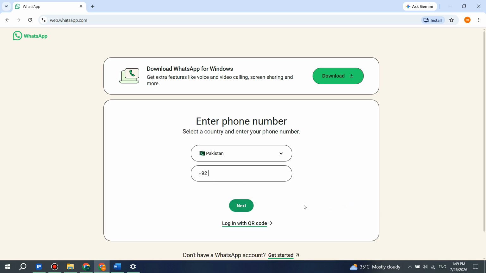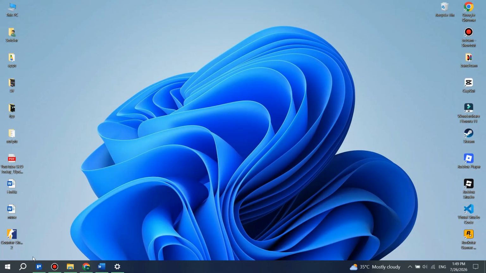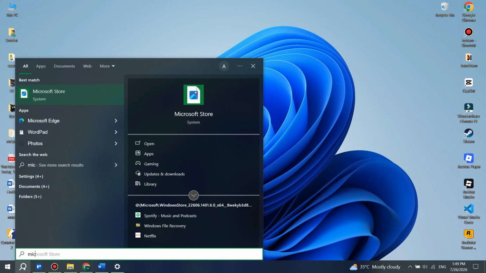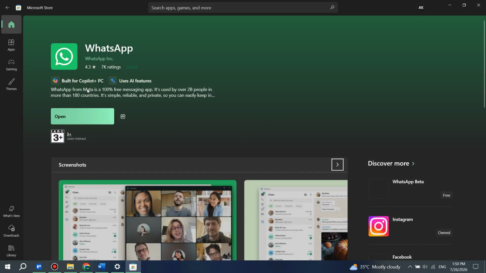If this isn't working, the second method is to close your browser, open the Start menu, and search for Microsoft Store. In the search box at the top, type WhatsApp and press enter. Select WhatsApp, then click the blue Get button to install it on your computer. Once the installation is complete, click Open, then sign in to your WhatsApp Business account by scanning the QR code